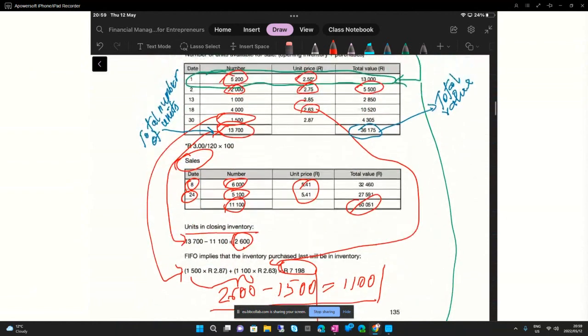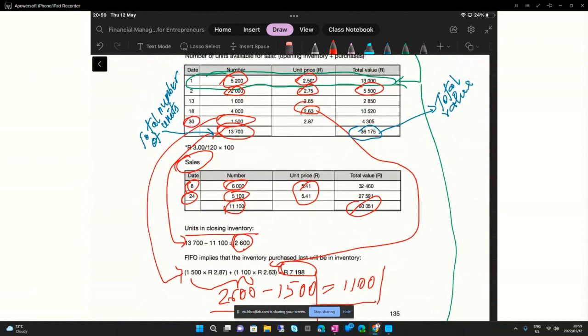If you see the last of all was 1,500. That was the last one. So the last one uses the last rate. Okay, so this 2,600 is the closing. And so in order for us to evaluate that, we need to find at what cost was the last batch bought. And we can use all the 1,500 because that was the last batch that was bought,